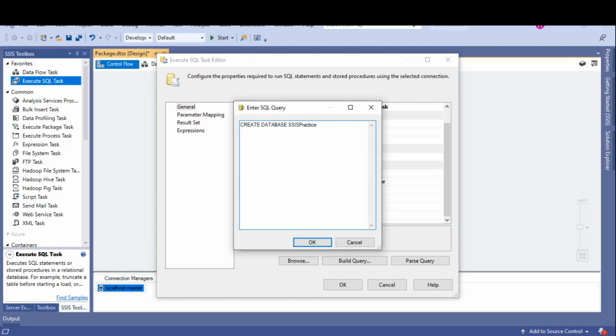And then I am entering go, and then I want to create a table as well in the server database SSIS practice. So to create a table within the database, we have to choose the database first, right? So let's choose the database,